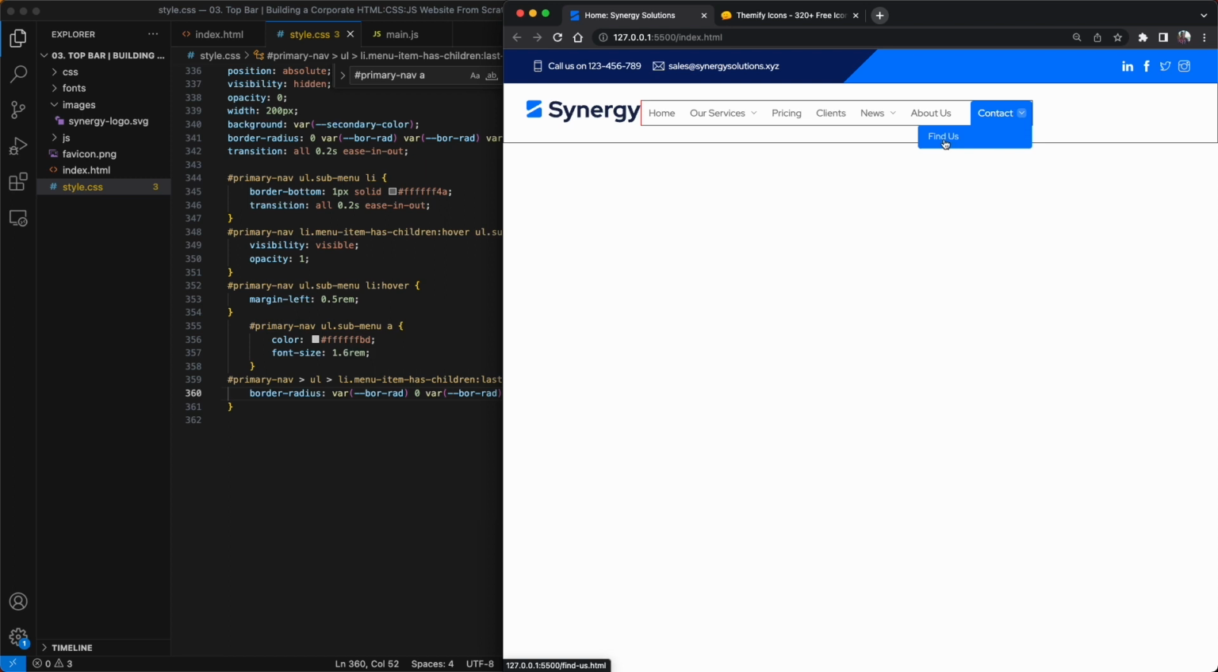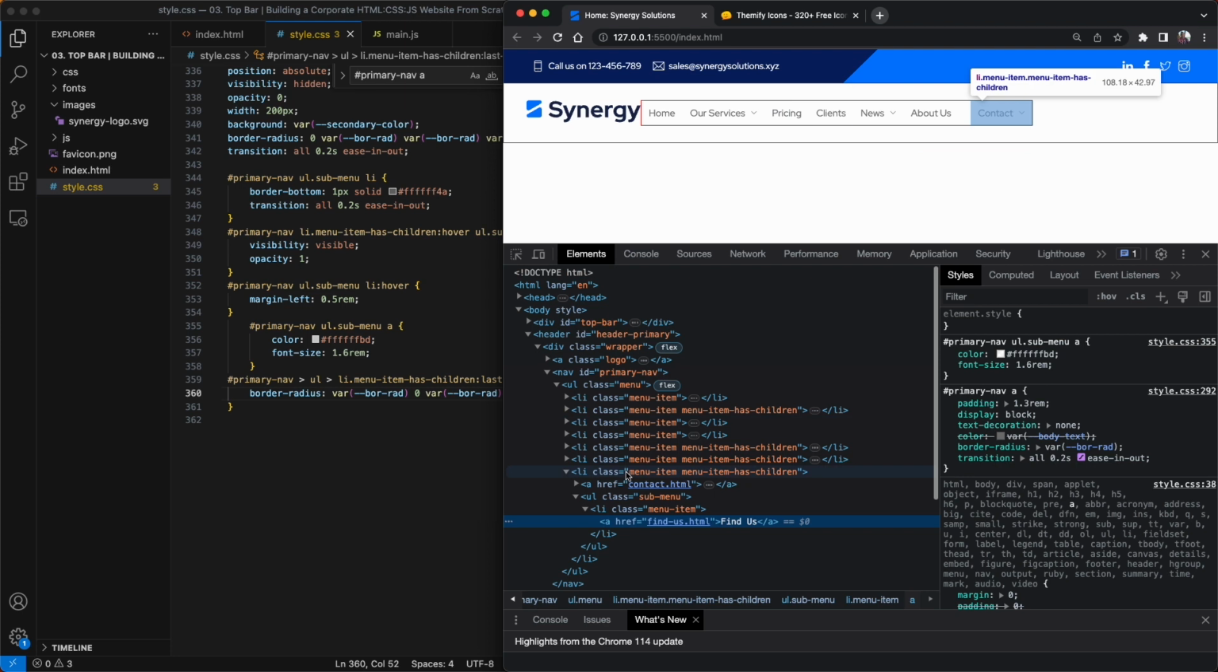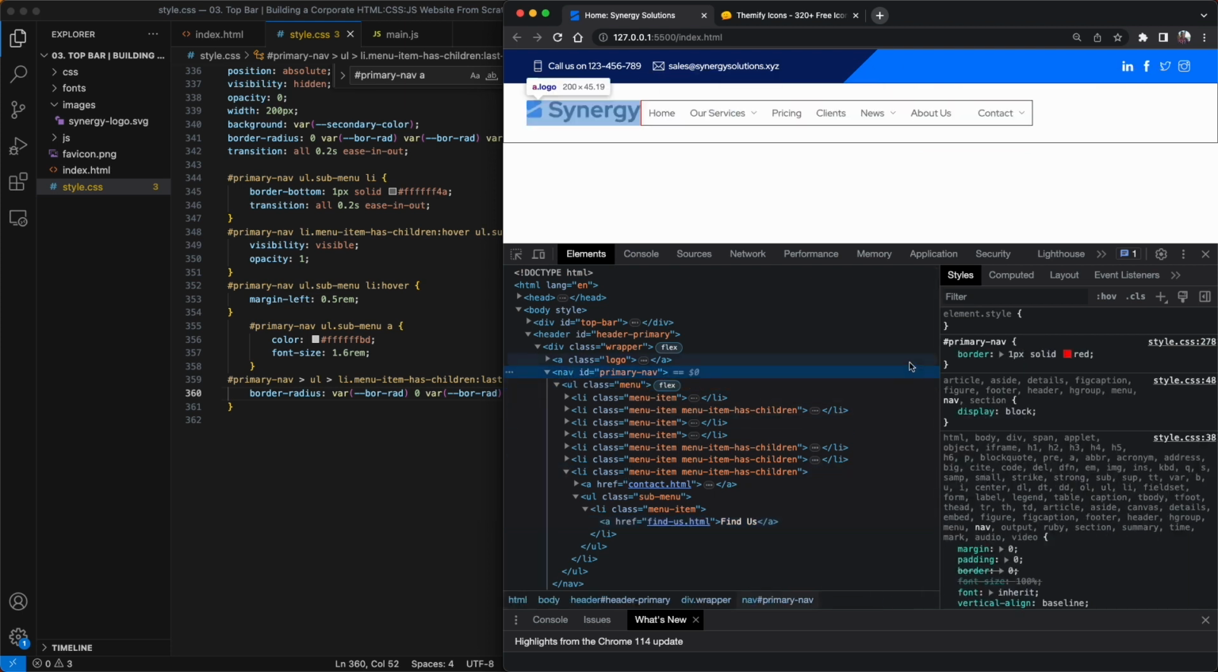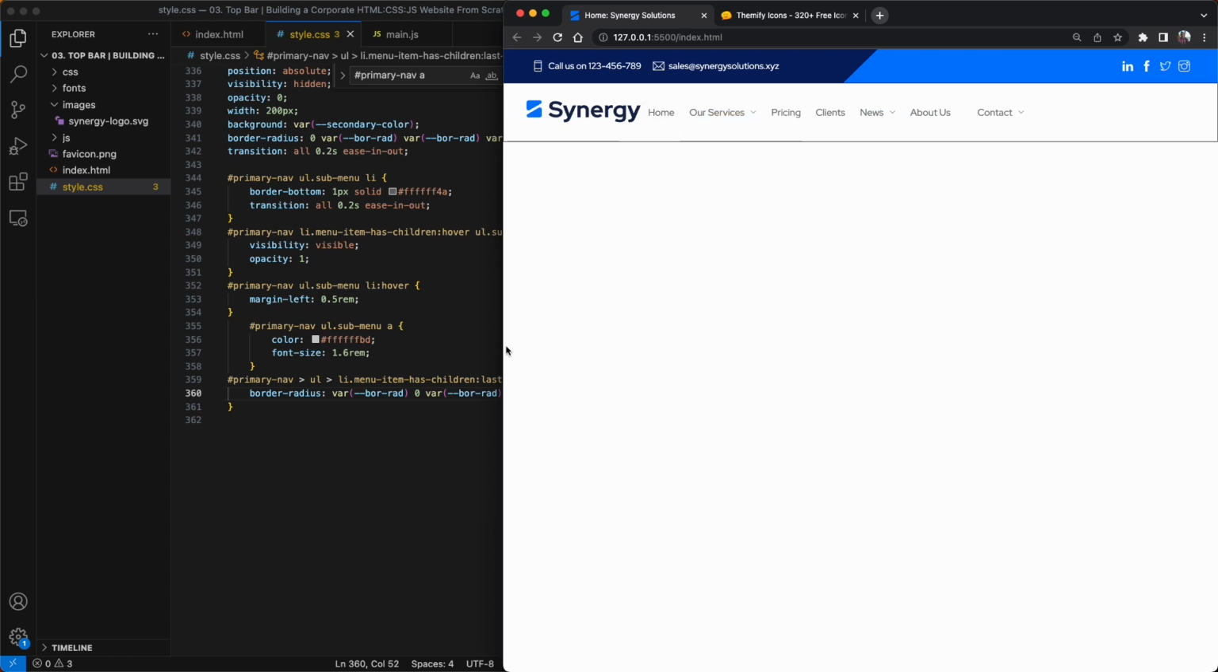And that looks good. Let's get rid of the red pixel border real quick. Yep. That looks quite nice. Okay. Now,